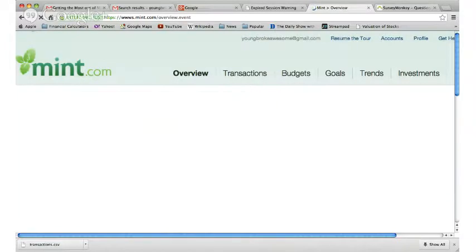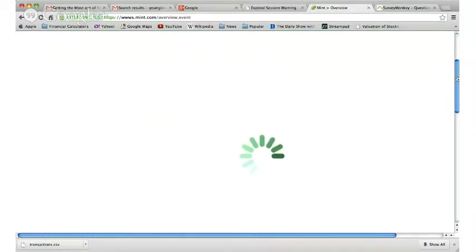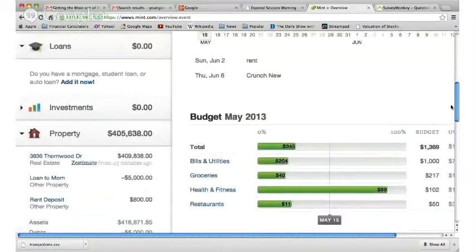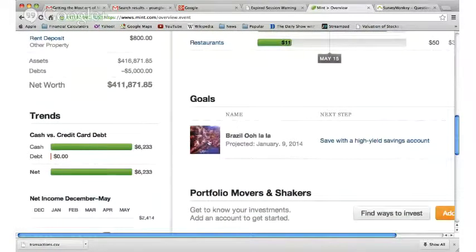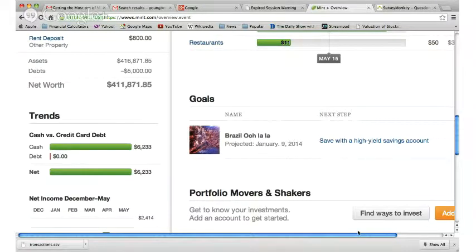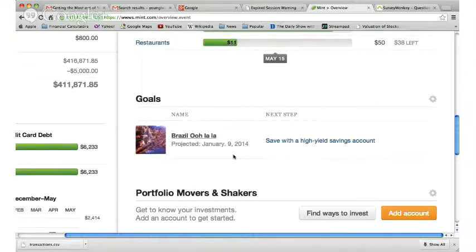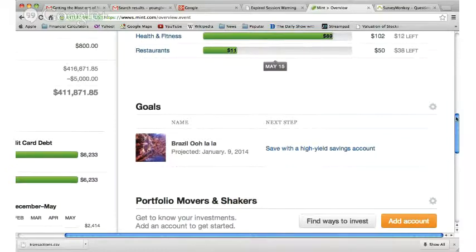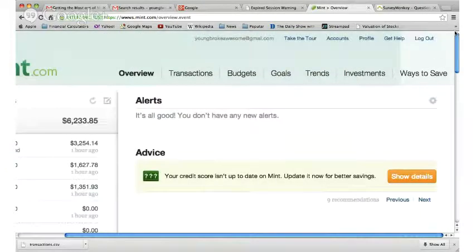So now that we've set up a goal, you're also going to see it when you log in here. You'll see the picture that I selected, and the name that I gave it. So now that's on my dashboard. That wasn't there before. All right, that's goals. Let's go ahead and move on to